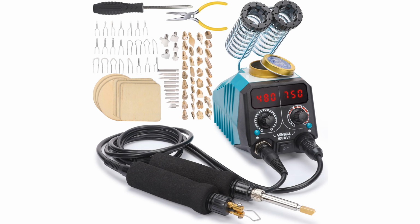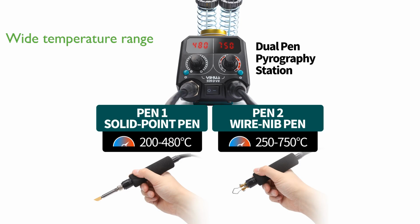The YIHUA 939D-VII Pyrography Tool Kit offers a versatile 2-in-1 design with both a detailer pen and a solid point wood burning pen, allowing artists to create intricate details and cover large shading areas effectively. With adjustable temperatures ranging from 200 to 750 degrees Celsius for the detailer pen and 200 to 480 degrees Celsius for the solid point pen, this toolkit is ideal for burning on a wide range of materials, including wood, leather,